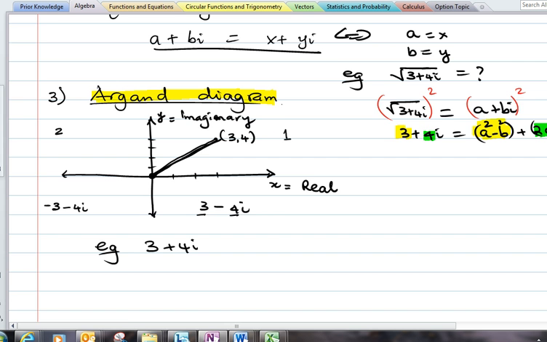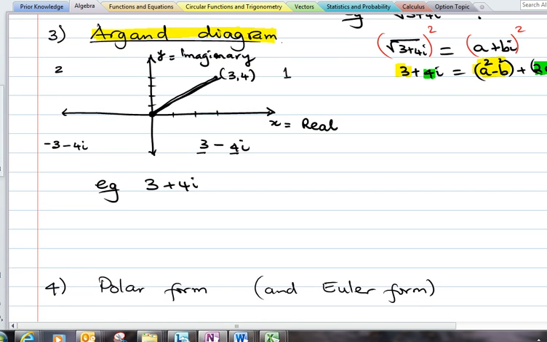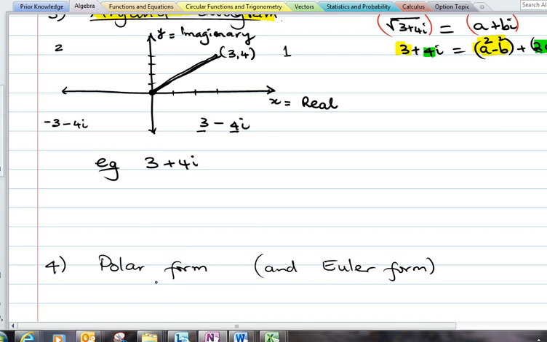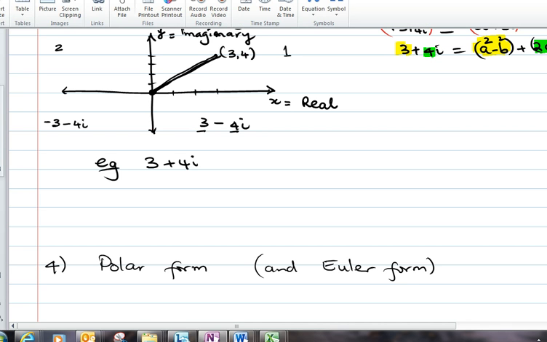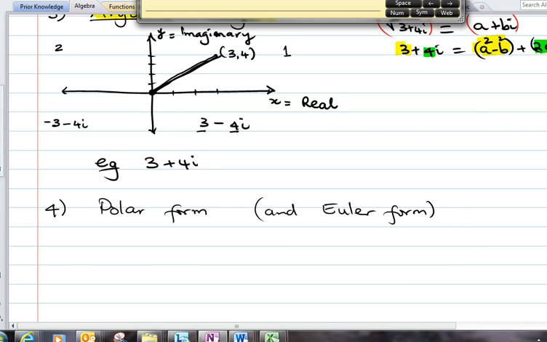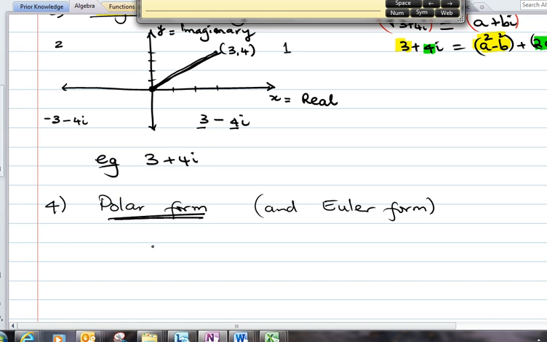Once we have represented numbers like this, then there are a few other things we can do with them and end up expressing these numbers in other forms. The most common form in this case being the polar form. So if I want to express a complex number in the polar form, 3 plus 4i, for example, can be written as r(cos theta plus i sin theta), where